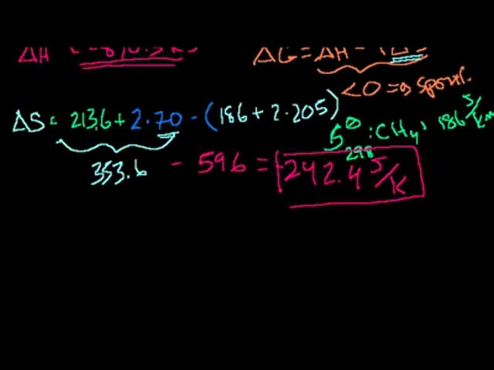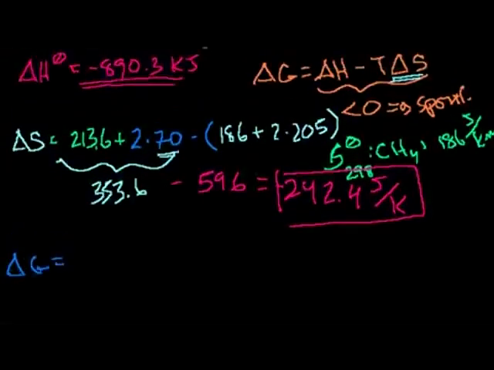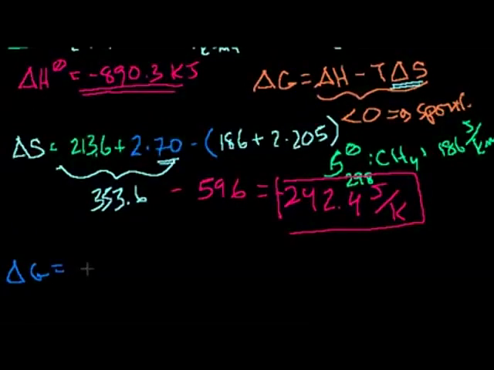So our delta G is equal to our delta H. We're releasing energy, so it's minus 890. I'll just get rid of the decimals. We don't have to be that precise. Minus our temperature. We're assuming that we're at room temperature, at 298 Kelvin. I should get in the habit of not saying degrees when I say Kelvin, which is 25 degrees Celsius, times